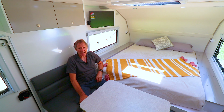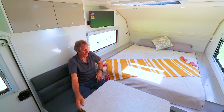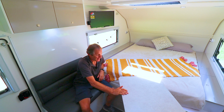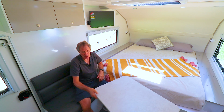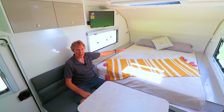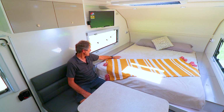Here we are inside the Lost Trak, and as you can see, we've got a 4-seat lounge area, where I'm sitting, with a swivel table that can swing out of the way to give you more room, but you comfortably get 4 people sitting around the table. We've got a full-size queen bed area here with an innerspring mattress, and either side of the bed we've